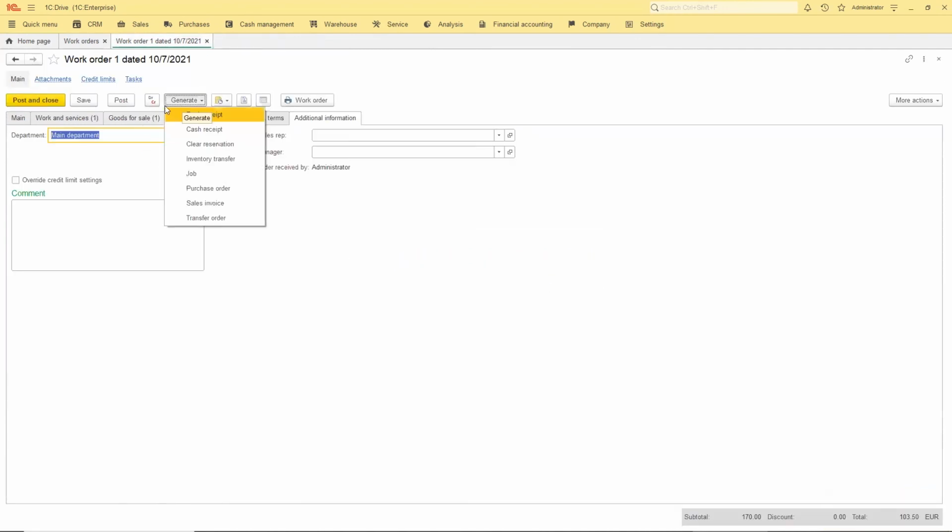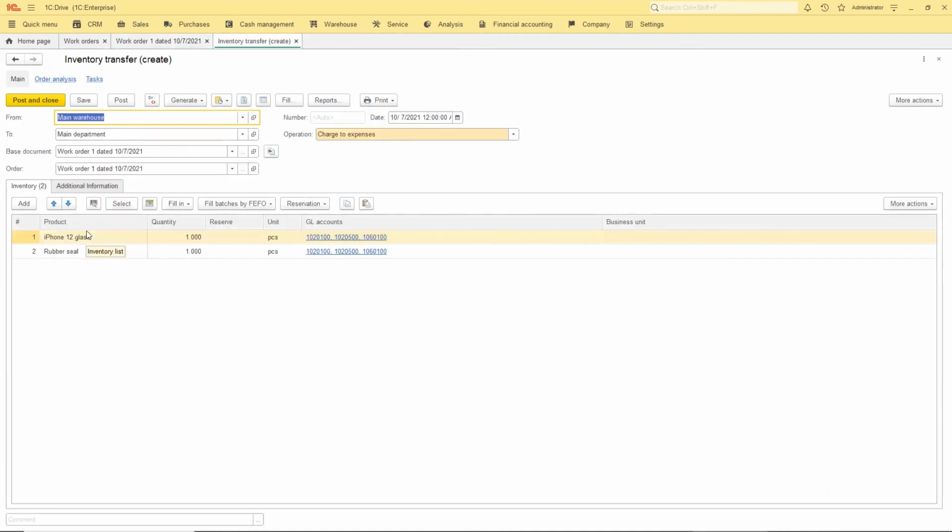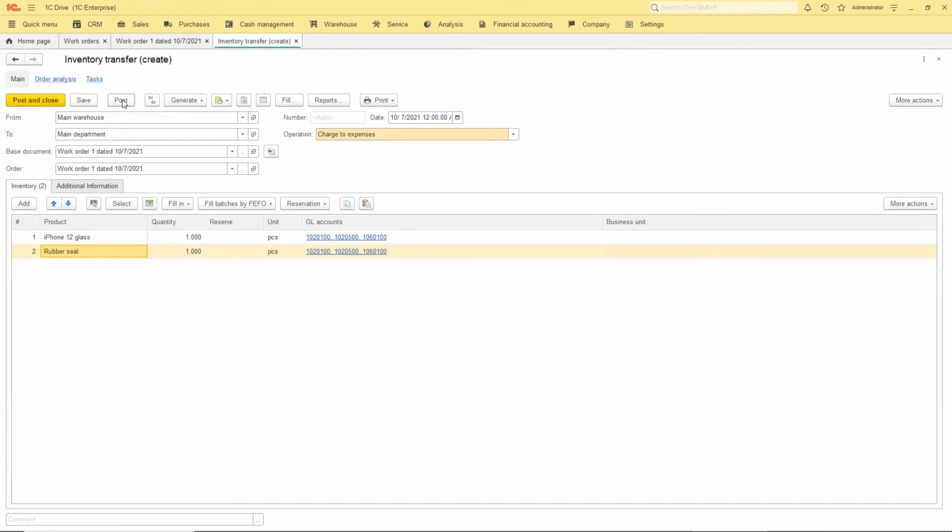So now we can write off inventories that are needed for repairing. Let's do it. I post an inventory transfer with the charge to expenses operation.